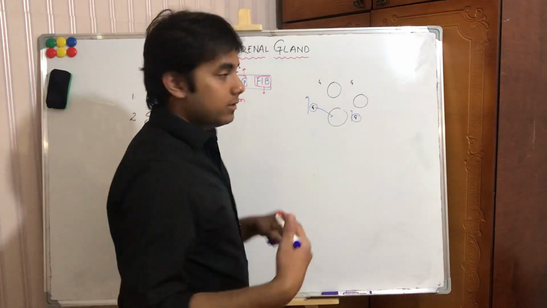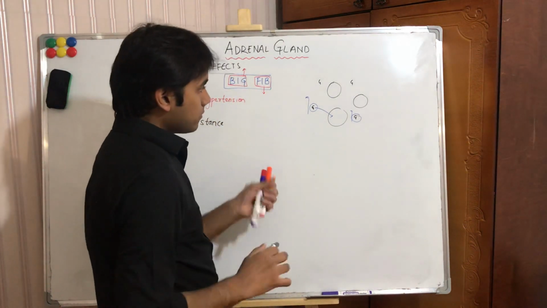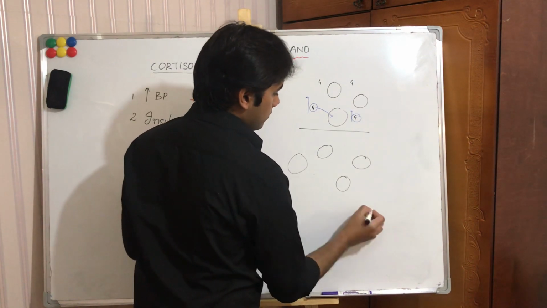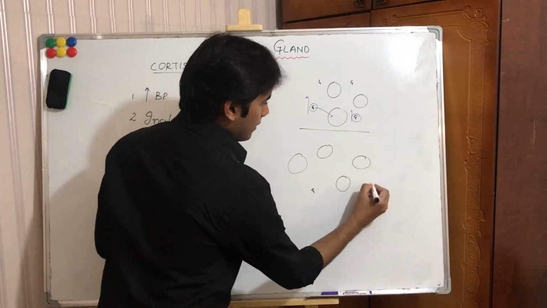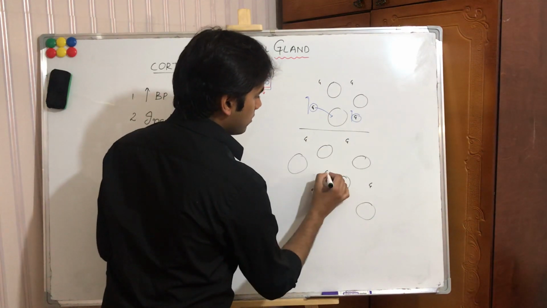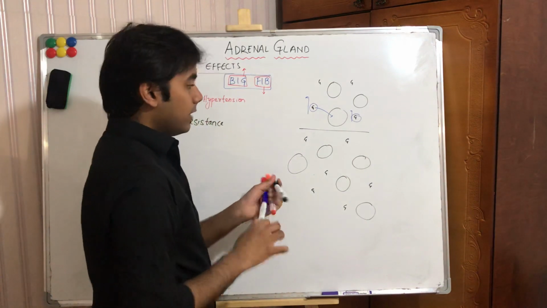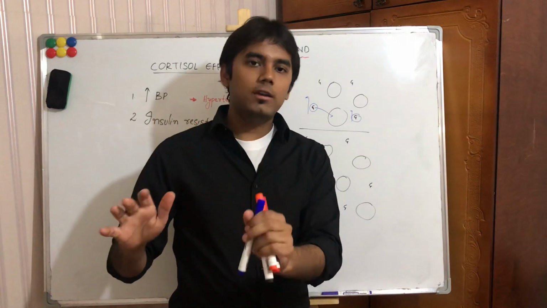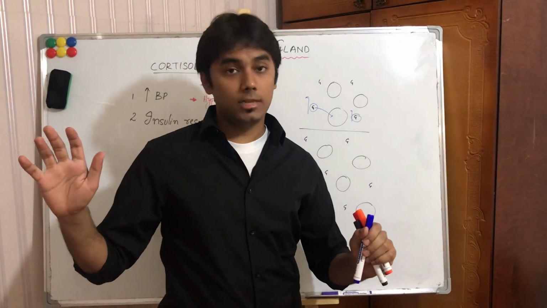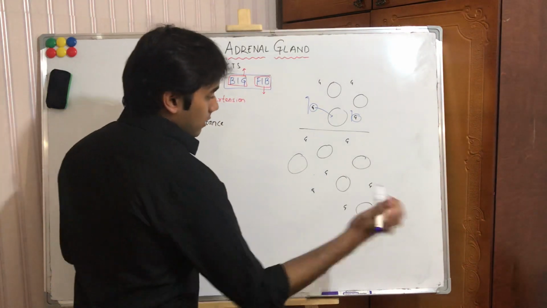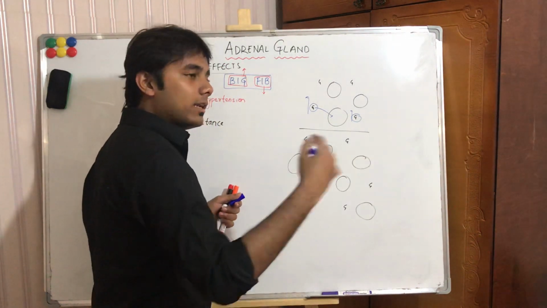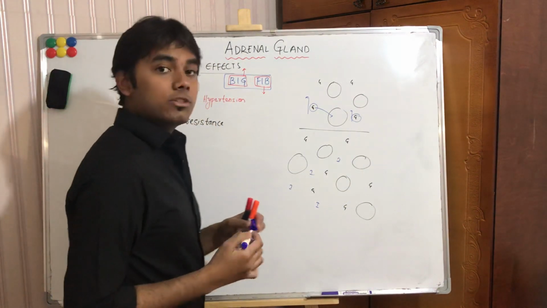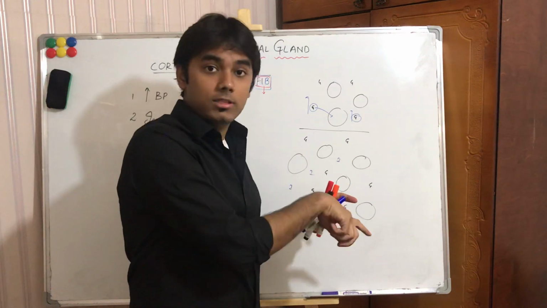Now, type 2 diabetes. In type 2 diabetes also, look, these are the cells. Here are your glucose molecules. And the pancreas is not damaged in type 2 diabetes. Everything is fine. The pancreas releases insulin normally, as it has to. Whenever the glucose levels start to rise in the blood, the pancreas normally releases insulin into the blood. But now what is the function of insulin? Insulin has to order glucose to enter into the cell.